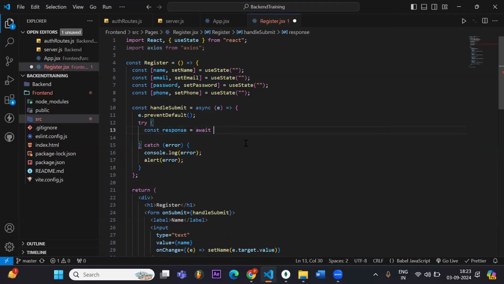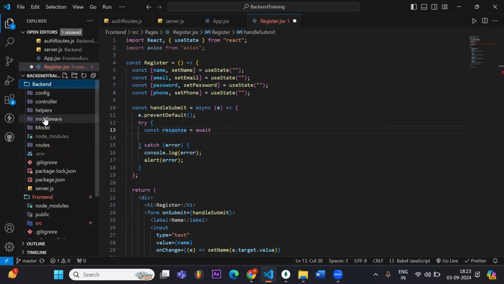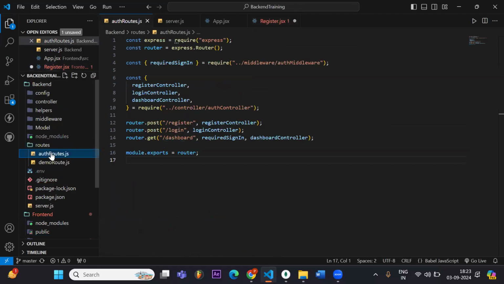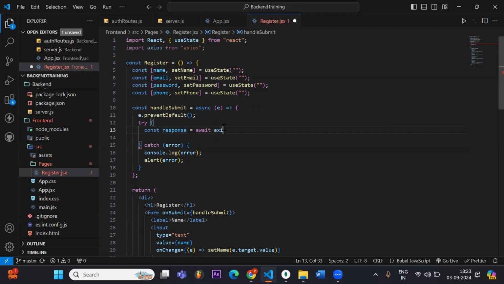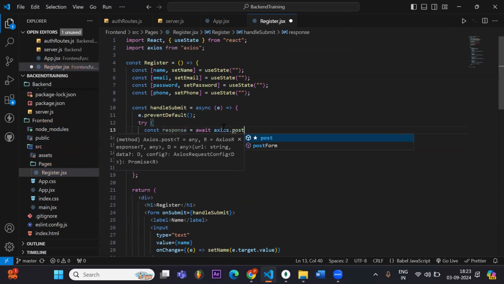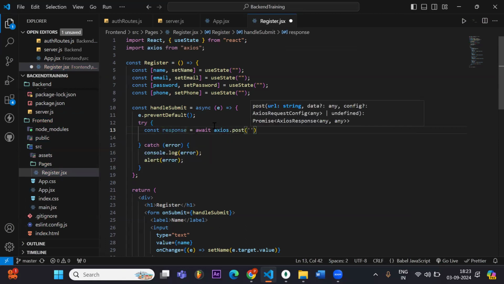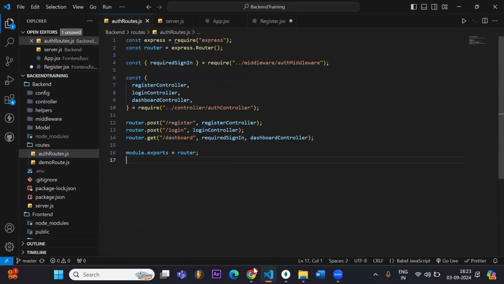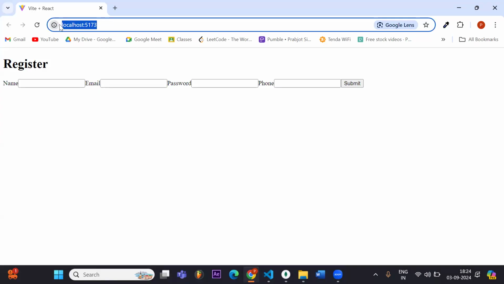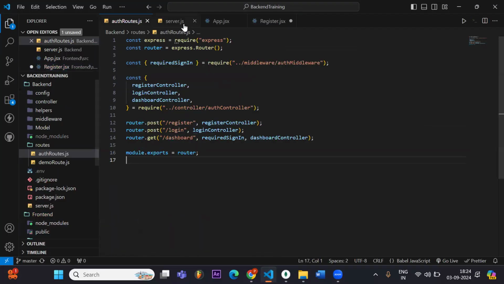Yeah. So now is the main part. Earlier we were making the request in the movie project. First we have to check what the method is. If I go to the routes, the method is post, right, for the register. So if I go to my register.js, I will write axios.post. And after that, I have to give the address, like at which endpoint I am sending. So copy this part,